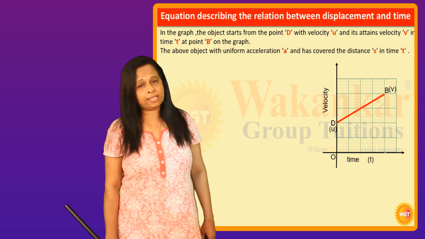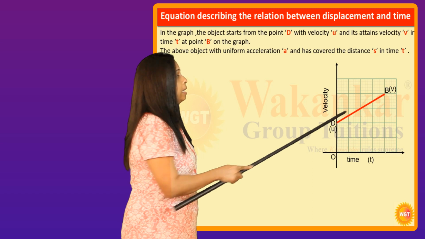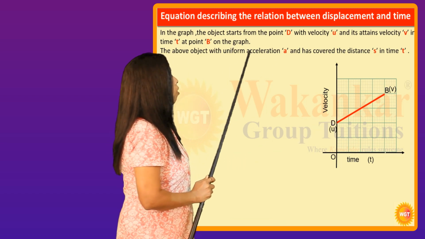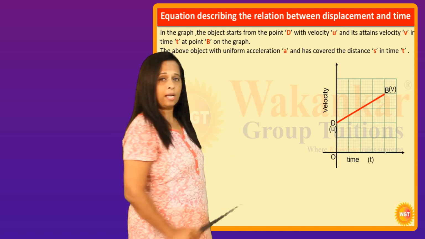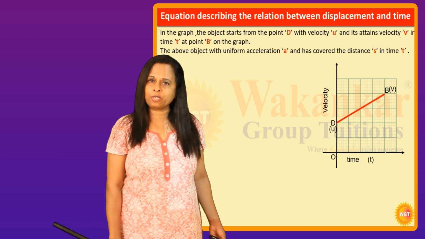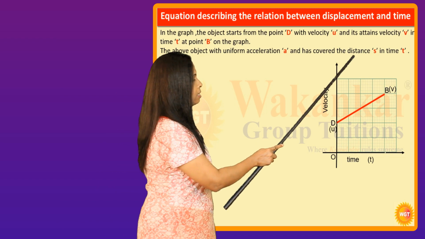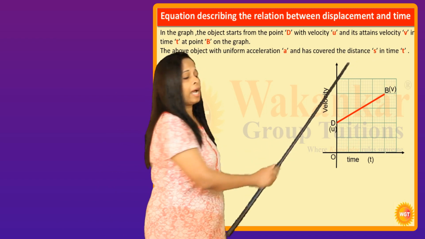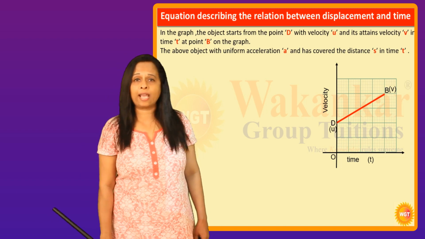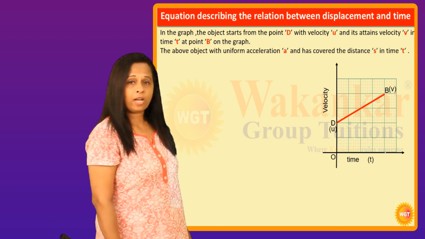So the body is undergoing acceleration, and the straight line graph depicts that the body is moving with uniform acceleration a. And during this time, obviously, the car covers some distance. So during this time, the body covers distance s in time t. And we need to find that distance s in the second equation of motion. We need to do some construction.